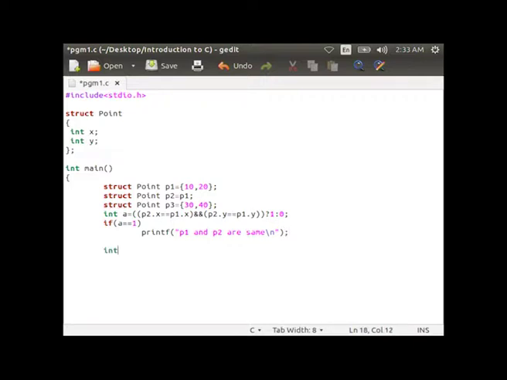Int b = P1.x == P3.x && P1.y == P3.y ? 1 : 0. If b == 0, printf "P1 and P3 are not same", return 0 and close the brace.